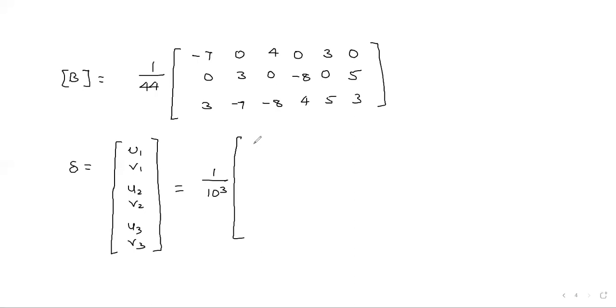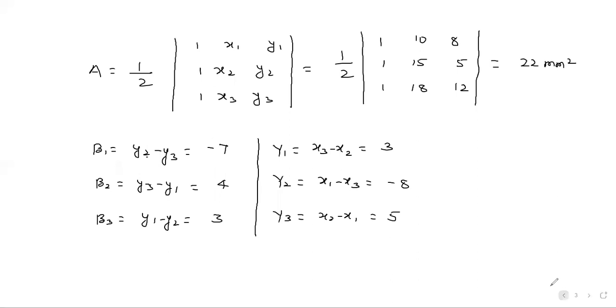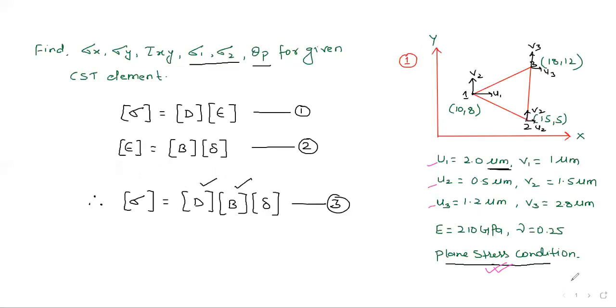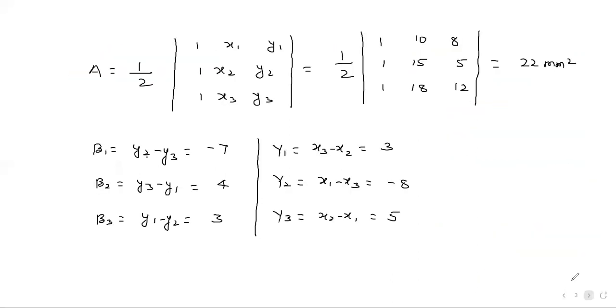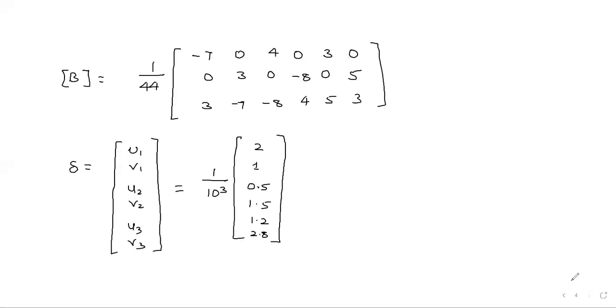U1 value is given as 2, then 1, then we have 0.5, 1.5, 1.2 and 2.8. See, I have kept all the values. So we got each and everything. Now what we need to do is multiply the things. So we can write now